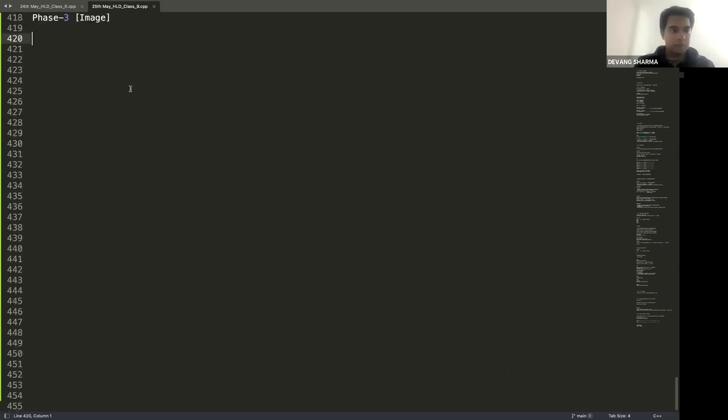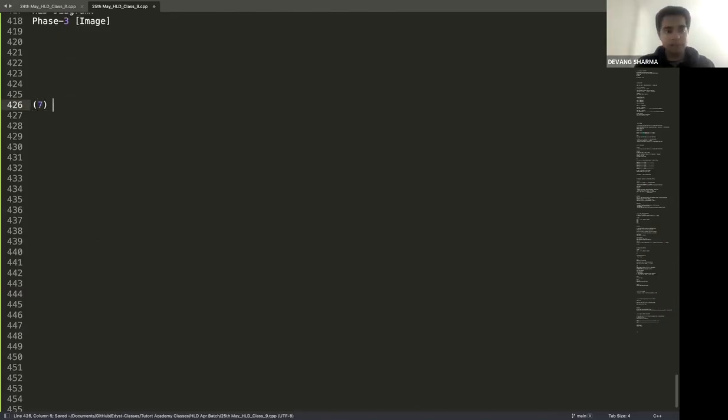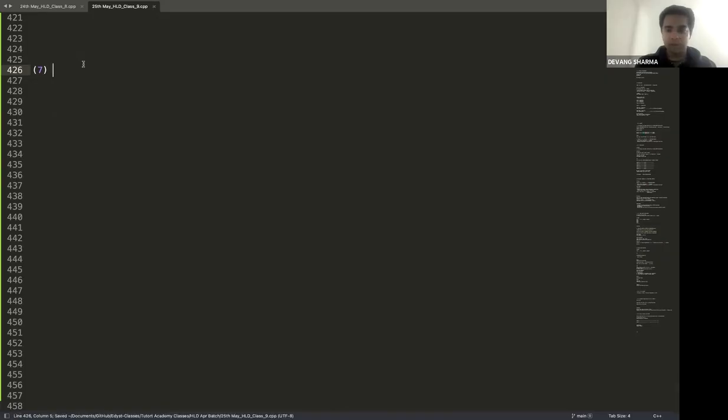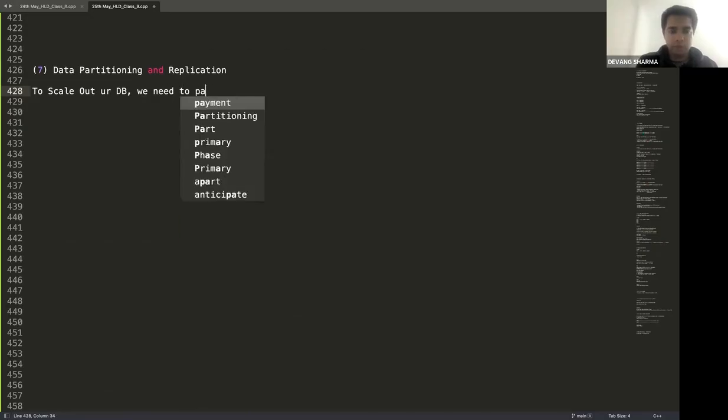All right. Now moving to some other part, which is data partitioning. More or less, this is what is required or expected in terms of a URL shortener design case study. But talking about some other parts, data partitioning and replication, let's talk about that. Our scale is not that big that we actually need to partition it. But imagine if I have to scale out our database, we need to partition it